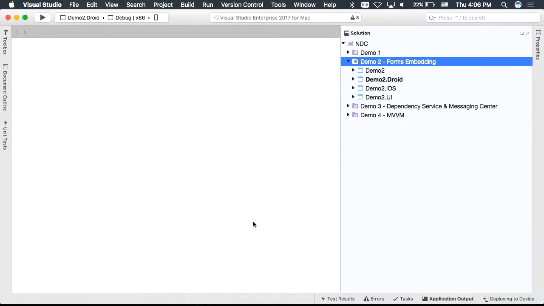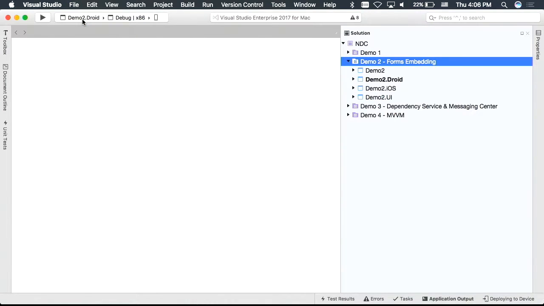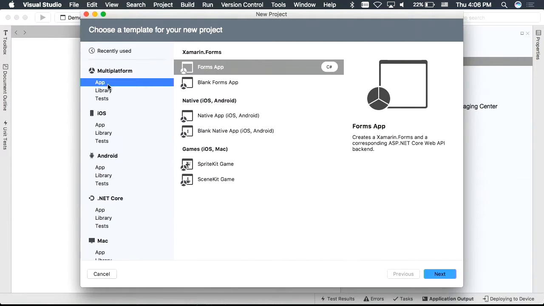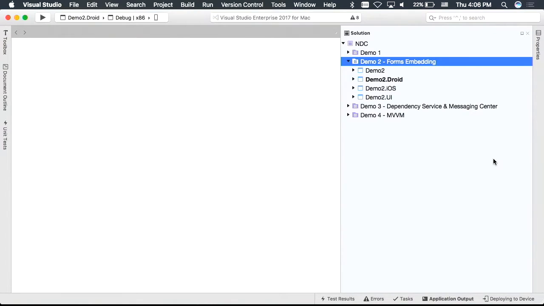So I try not to bash too much on the project, but pretty much what I've done is I have done file new solution, and then we create this new app for multi-platform. I have a native application. So in this case, we're working with a native Xamarin project. We could have done Xamarin Forms, but in a lot of the cases I've seen, we start off with a native app, and then we might want to leverage Xamarin Forms as well, but up until now it's been pretty hard. Yep. But when we create this project, what we get is a project that contains